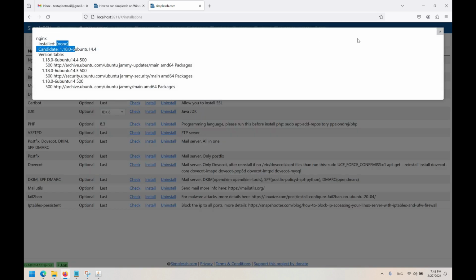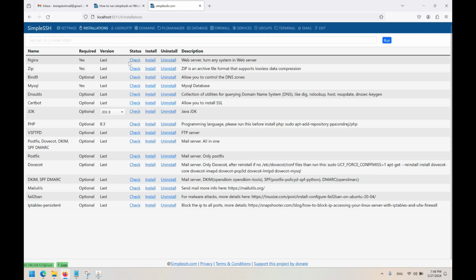We see nothing installed. So the first one, we need to install nginx, zip, bind, MySQL, DNS utils. Yes, we need Certbot. Java JDK, I don't think so. PHP I need for Roundcube. VSFTP, don't. Postfix, Dovecot, this is for the email server, and we may install the mailutils and fail2ban for